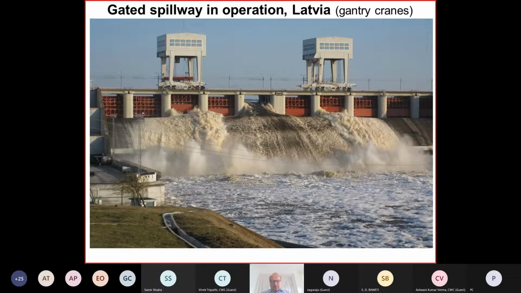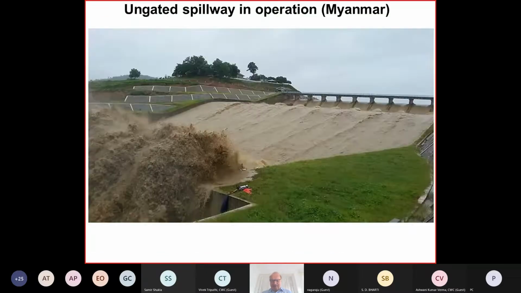But it shows if you have gated spillways, and if you cannot open the gate, it can have large consequences. If you have ungated spillways, basically your dam is safe from floods if the capacity is enough. Okay. So this is again ungated spillways from Myanmar again. Okay, what I want to show is